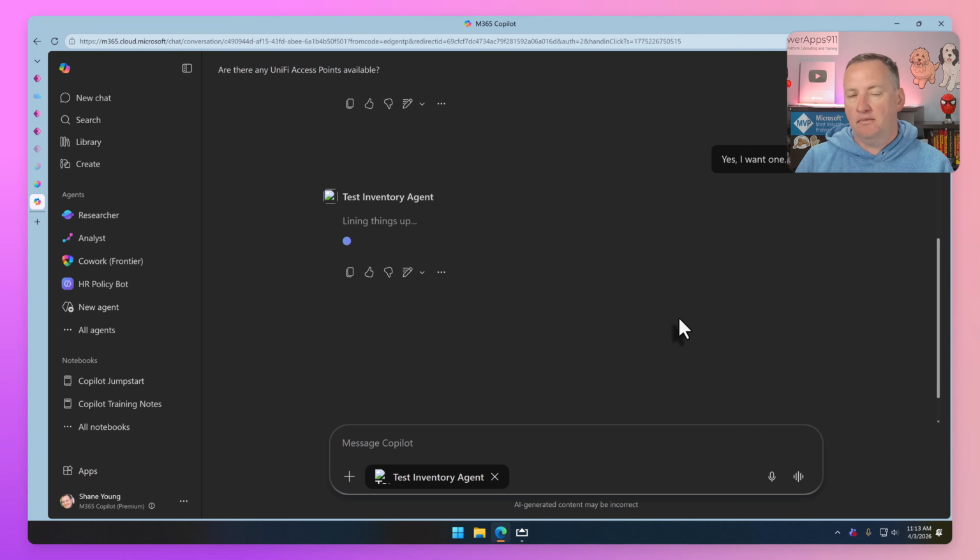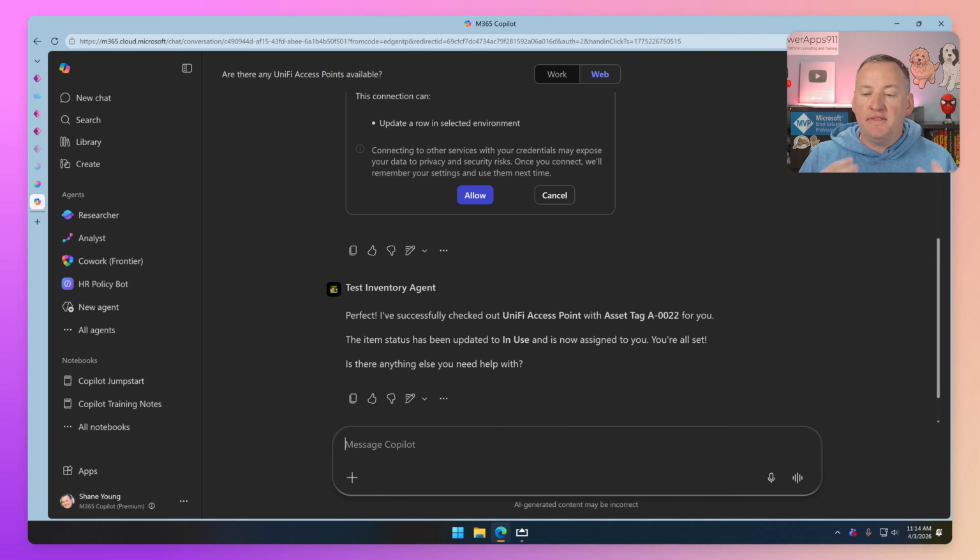to mark it as mine. At that point, we could kick off a workflow, whether once again, maybe we want an approval, maybe we want to put it in the queue for someone to go deliver it to me, whatever we want. But the idea here is that we've built an agent to allow users just to talk about inventory, because a lot of times that's what they want to do, and then do it. And more importantly, especially for what I was trying to accomplish here, it shows you the full power of the Power Platform, right? So we've got model-driven apps, Canvas apps, Power Automate, Copilot Studio, all working together against the same data